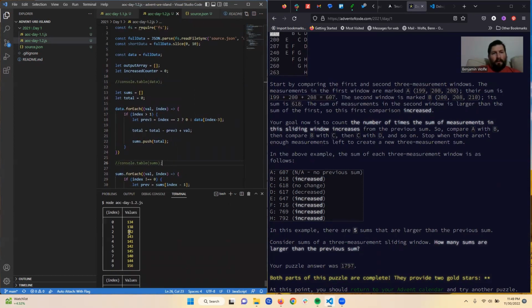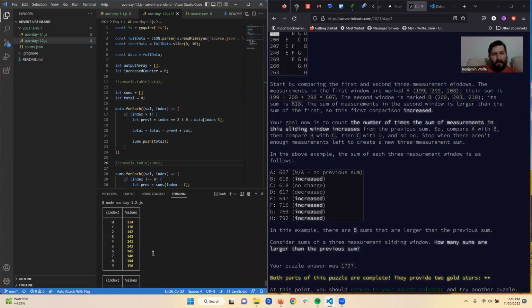So what are we going to do for that very first sum? This is index number 2. We're going to go in here and start with the previous value, which is artificially set to 0. Then we're going to take the total and subtract 0, but add this value,